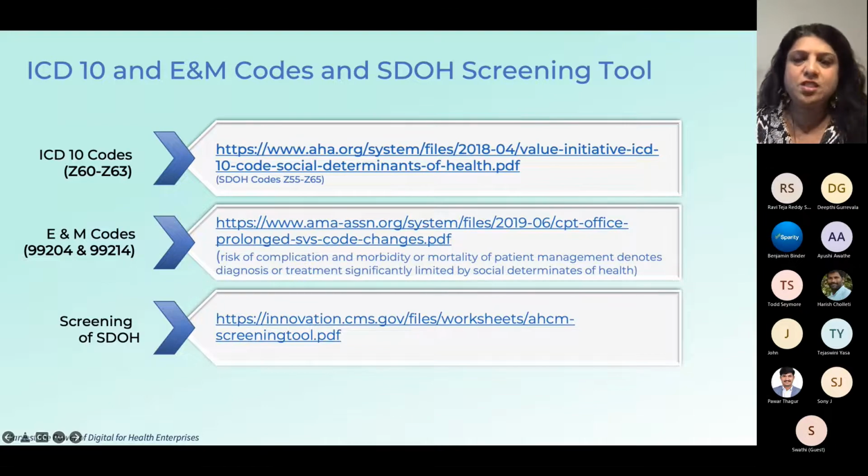So there are about 26 questions and individual answers, which will allow you as a practice to know where the patient is in terms of their ability to even buy medication, for example. If they don't have the money, you can write prescriptions as long as you like, but they're not going to be able to buy it because they can't afford the co-payment. So we have to understand their cultural context, their socioeconomic context, before we go about addressing health for them, right? Their clinical health for them.